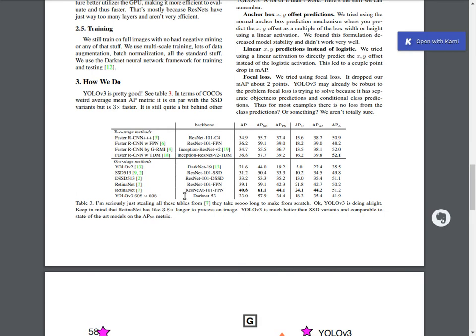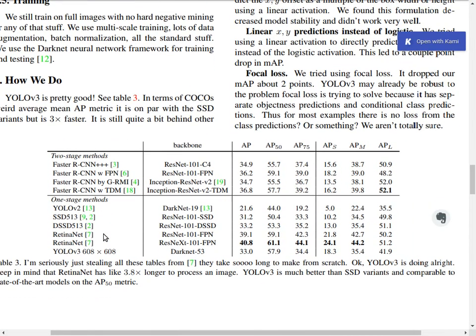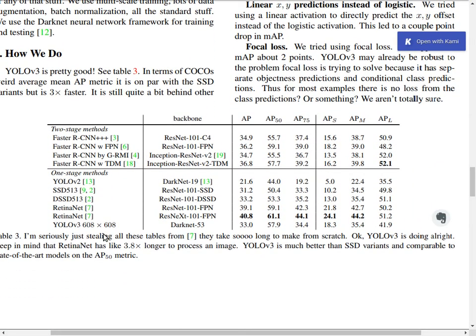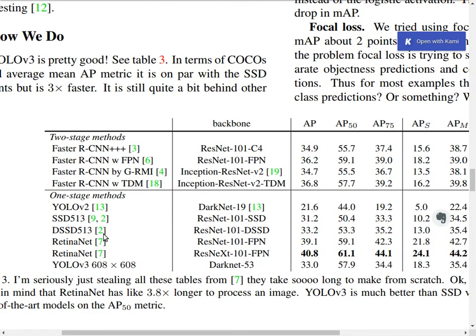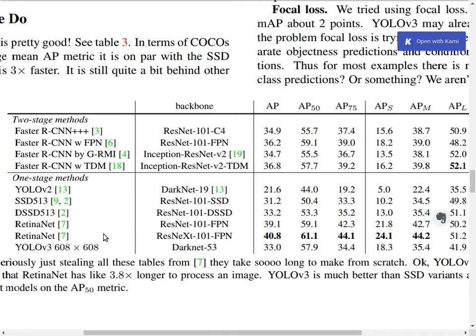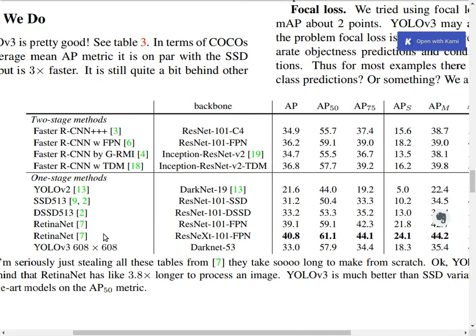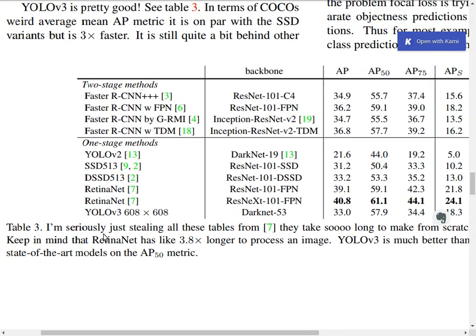So let's see. Basically, here they mention, yes, maybe in the below. So you can look at some of the results here. So they summarize also